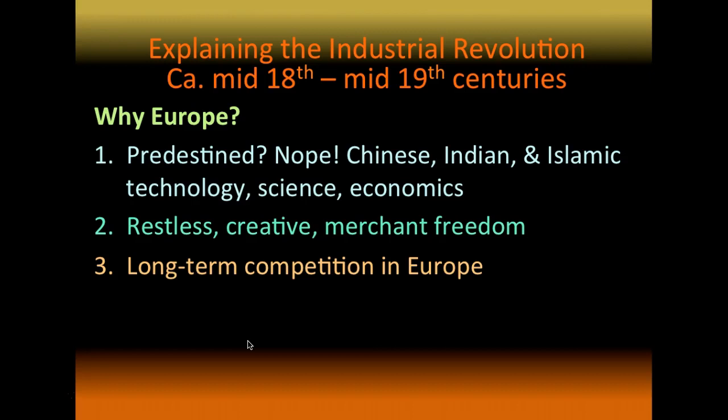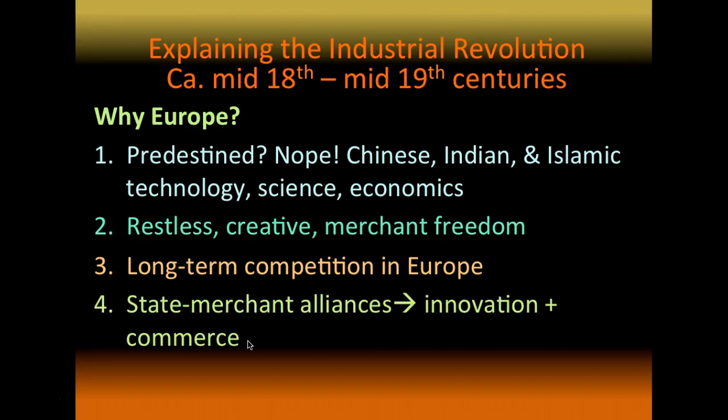So in Europe, there's a lot more freedom for merchants to explore and build and do. There is also that long-term competition in Europe, and this goes hand in hand with the merchant freedom. The long-term competition comes from those great wars in Europe, the 100 Years' War, the War of the Roses, the 30 Years' War, all of these great wars. And now after the Peace of Westphalia, where the European regions are broken down, and people decide that whatever the kingdom is can decide their own religion, they are no longer warring against each other, but this turns into competition. And competition to improve and become wealthier and more powerful and more influential over the world.